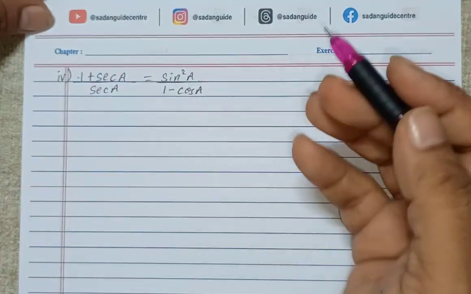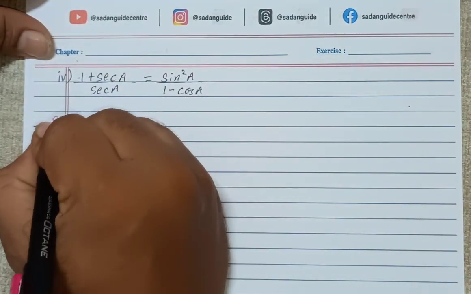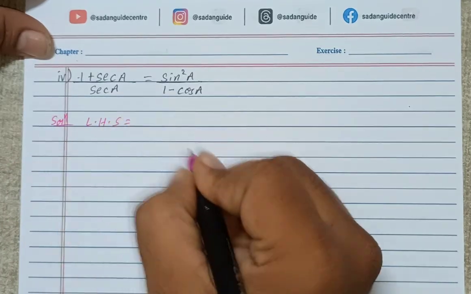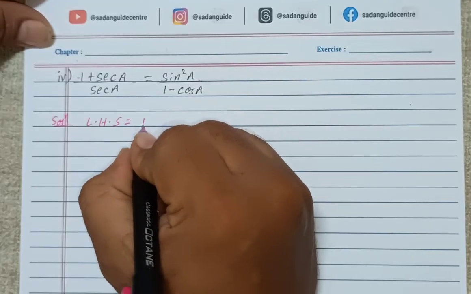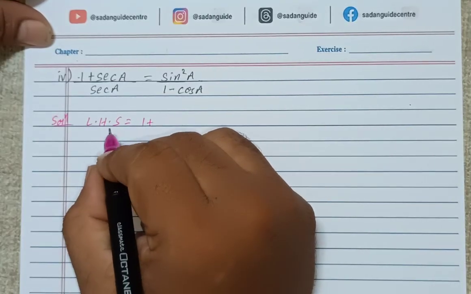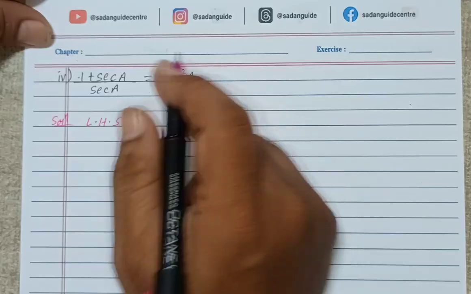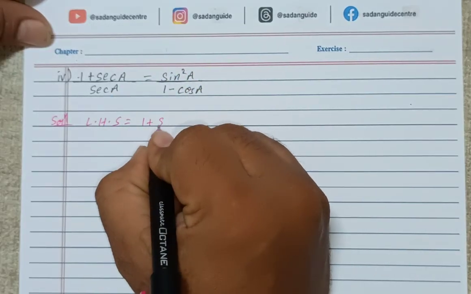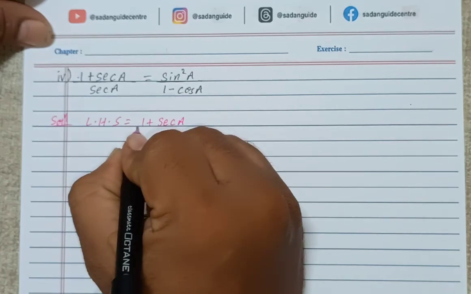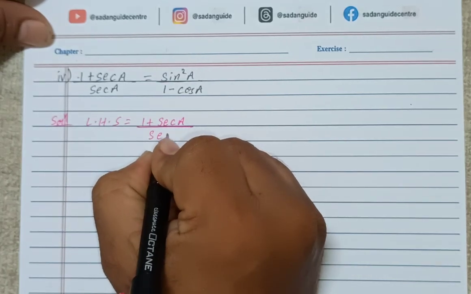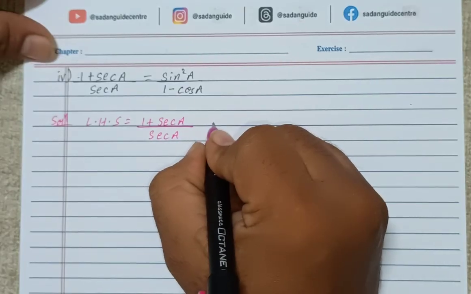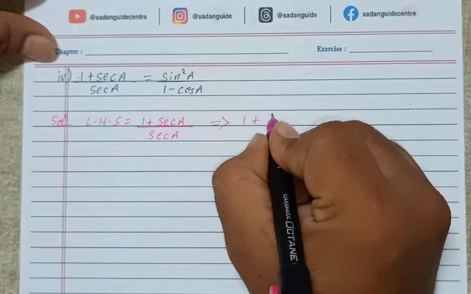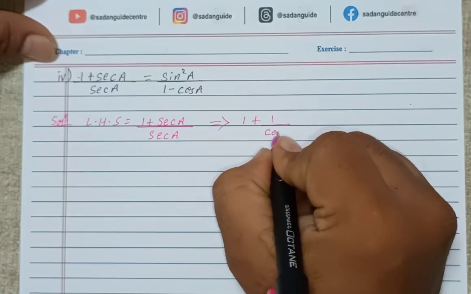So again LHS and RHS. First we'll consider LHS, right? So children, it's not mandatory that we always have to take LHS. You can solve by RHS also. Okay, you can prove it in any way. 1 plus secant A whole divided by sec A, which implies secant A is 1 by cos A